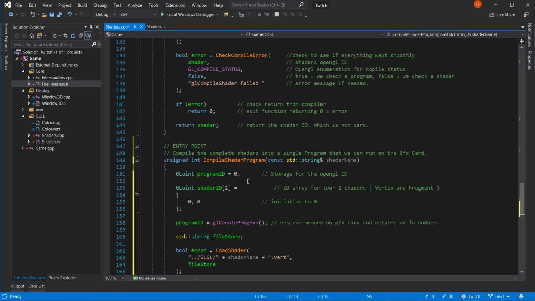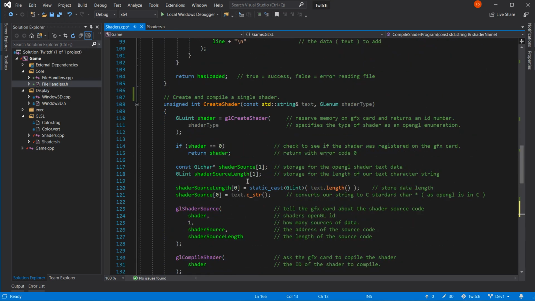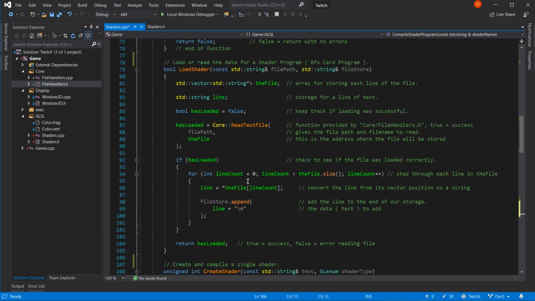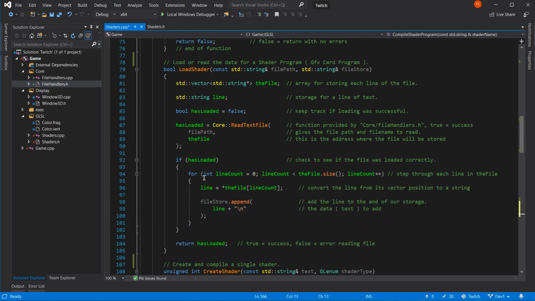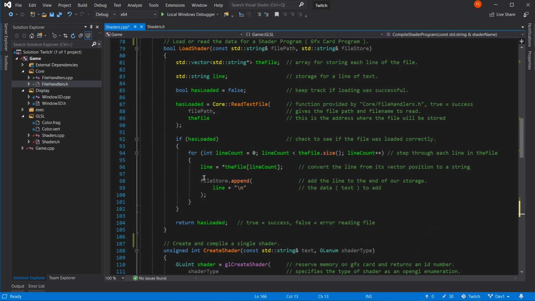Load shader, how are you doing your returns? Ooh, okay. Has loaded. True equals success, false equals error. Where does it come true?